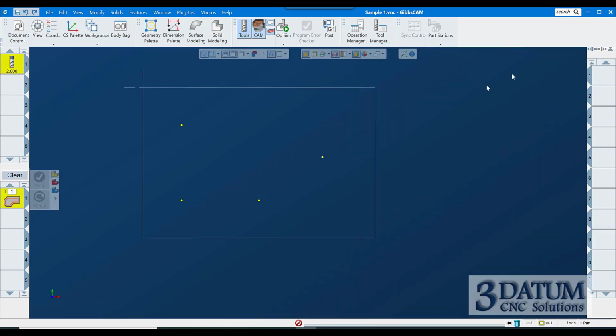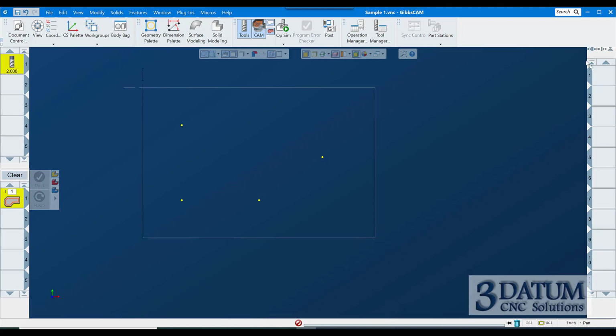Once you have done that and you select the geometry, it'll activate the Do It button. If you hit Do It, once you've just defined what you want to cut, the software will create one or more operations based on machining the selected geometry with the strategy you defined in your process. All right, so